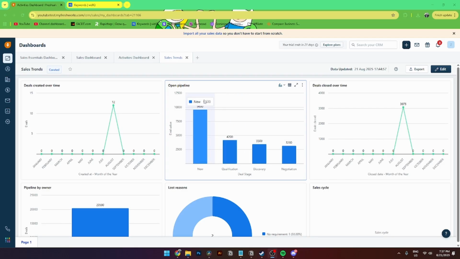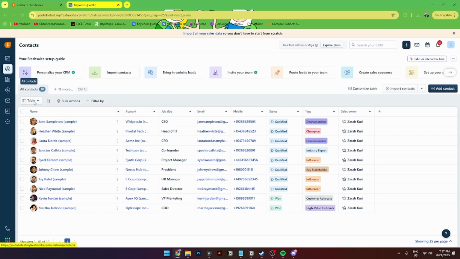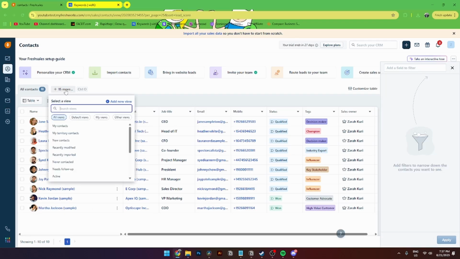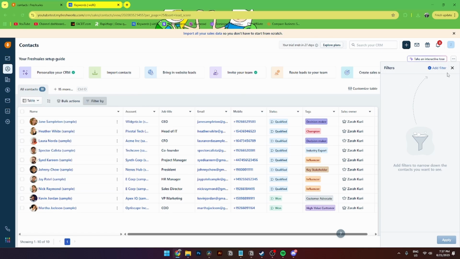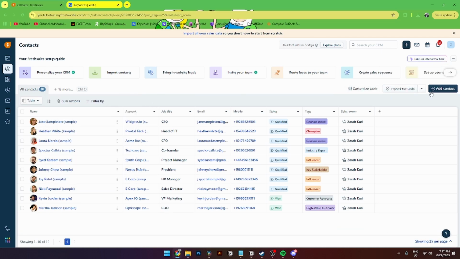Then from here, you need to go over to the menu where it says contacts and click on it. Then you'll see an overview of all of your already existing contacts over here. And as you can see, you can make bulk actions, you can filter by, and you can go up here to select a view if you want to do that. Then from here, to create a new one, you still need to close the filter down and go over here